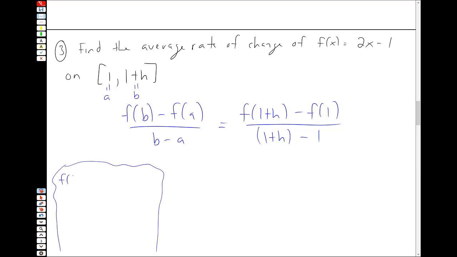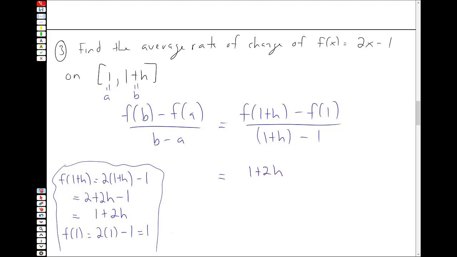So f of 1 plus h, in this case, is 2 times 1 plus h minus 1, which is 2 plus 2h minus 1, which is just 1 plus 2h. There we go. And then f of 1 is equal to 2 times 1 minus 1, which is just 1. So our average rate of change is really just 1 plus 2h minus 1 all over